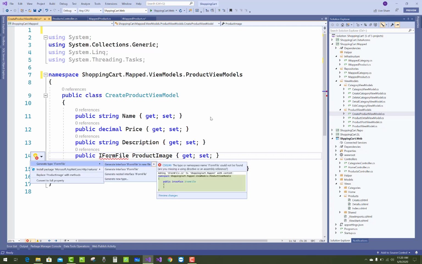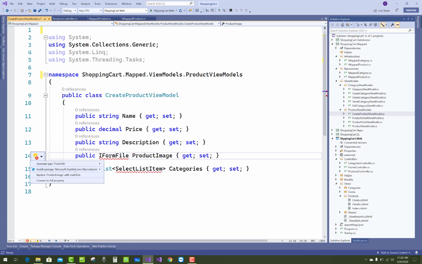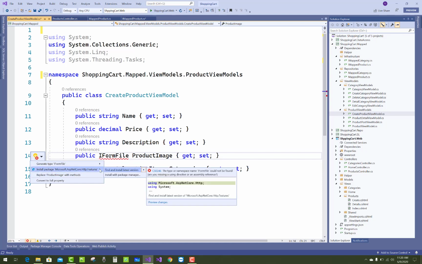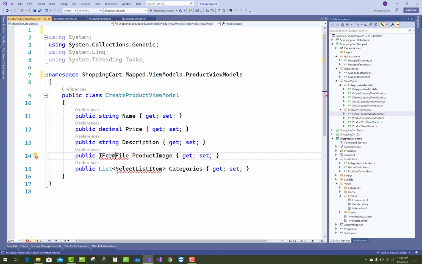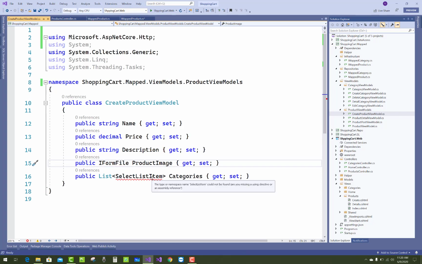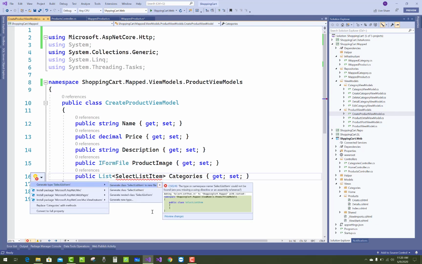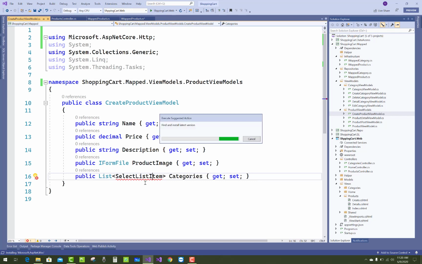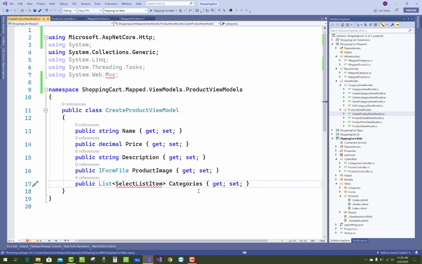IFormFile is actually not there, the package is not there, so install the package Microsoft.AspNetCore.Http, latest one, and SelectListItem is actually not there in the MVC project, so just add Microsoft.AspNet.Mvc, System.Web.Mvc.